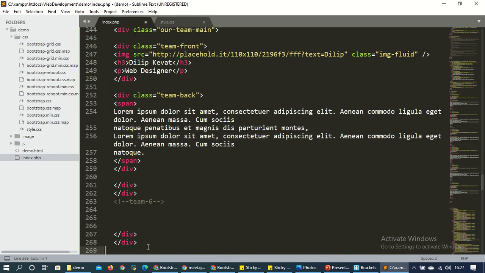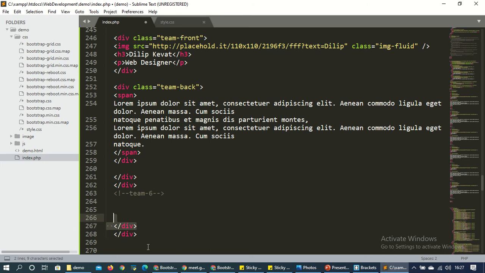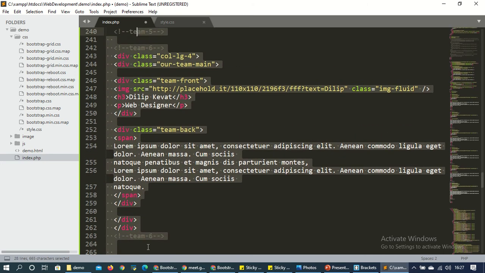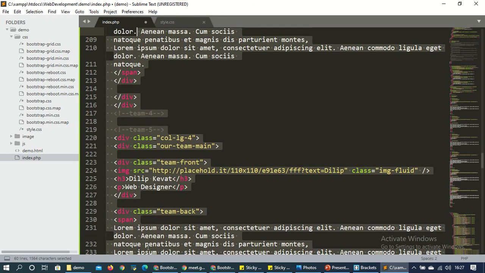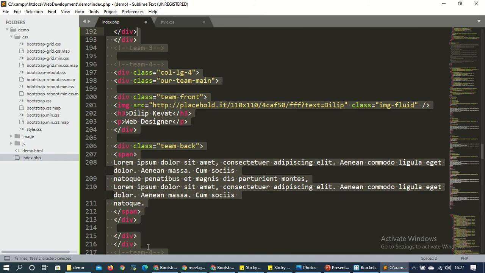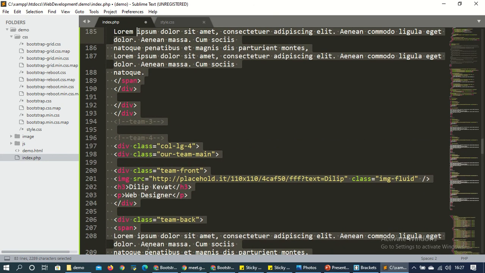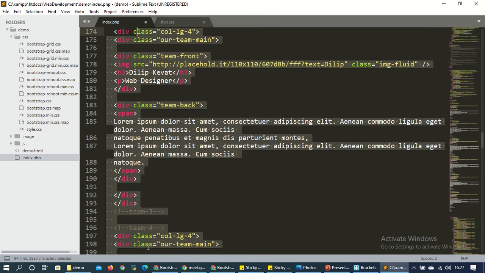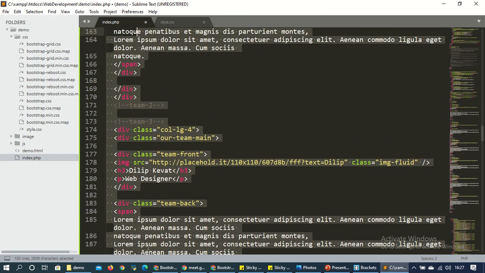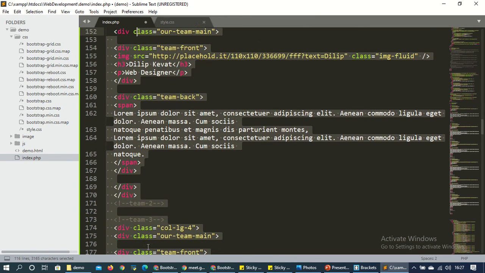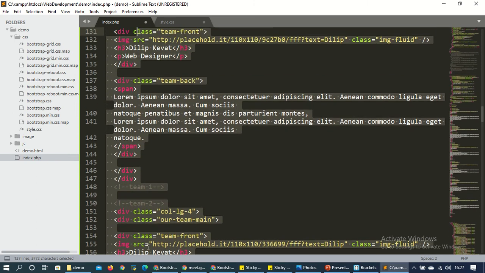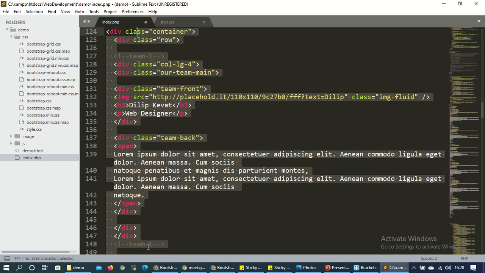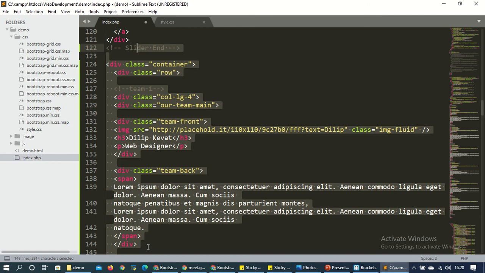And yeah, so now let's put them in sequence. Team 1, Team 2, Team 3, Team 4. He has four members in his team. So just getting it at the end of the div.